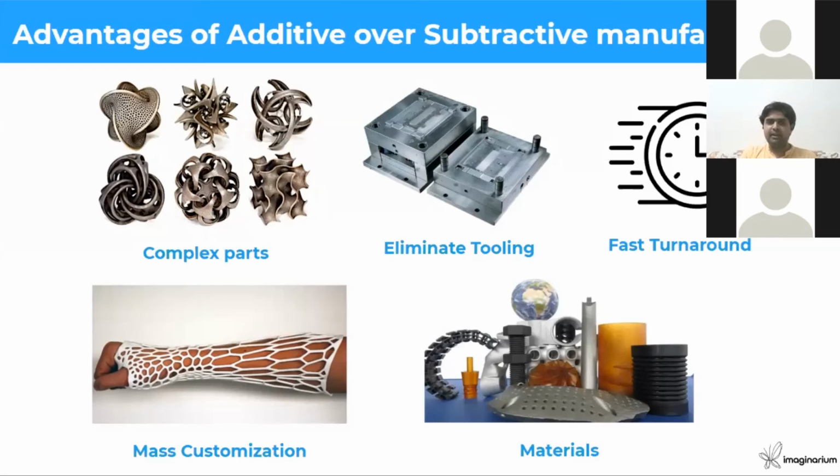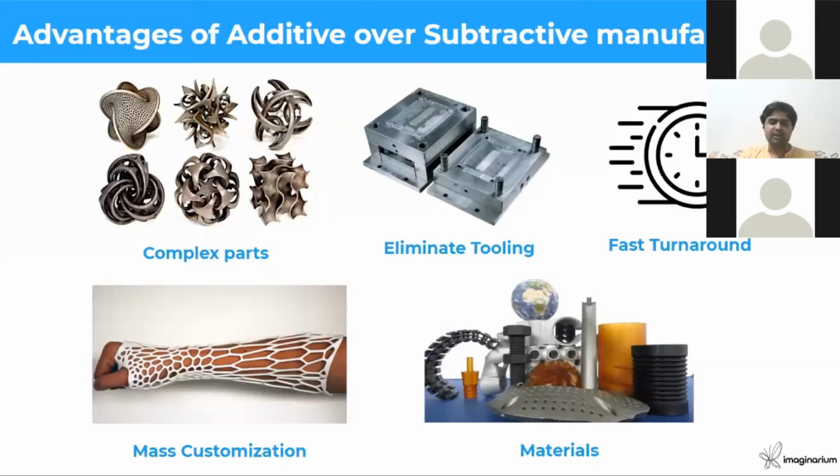And of course, there are varied materials nowadays available with 3D printing. We have different kinds of polymers, different kinds of metals as well, which we can offer. So if you had asked me 10 years ago whether you can do polypropylene with 3D printing, I would have said probably not. Can you do elastic materials with 3D printing? I would have said probably not. Can you do fully transparent or highly transparent materials with 3D printing? Maybe again the answer would have been a little bit tricky, but that is not the case.